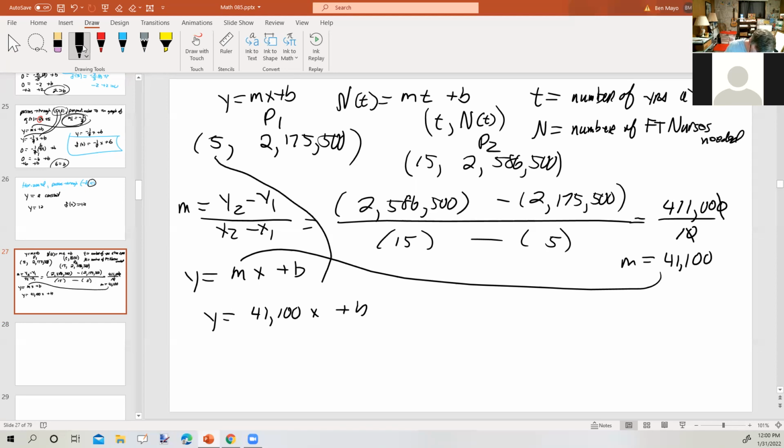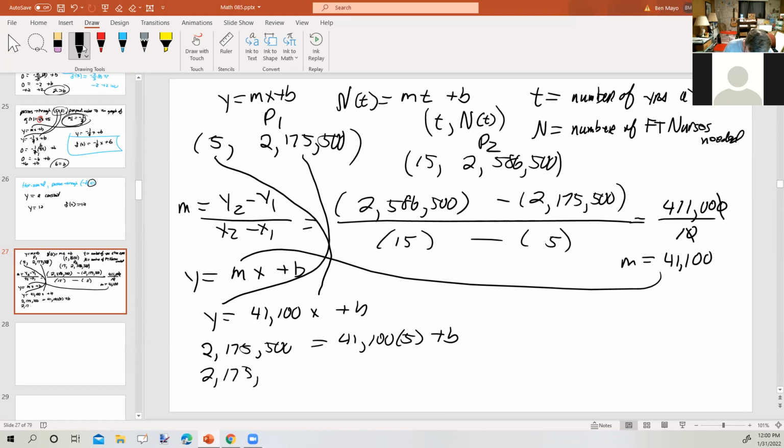I'll use this one. 5 goes in for x, and 2,175,500 goes in for y. 2,175,500 equals 41,100 times 5 plus b. If we take 41,100 times 5, we get 205,500